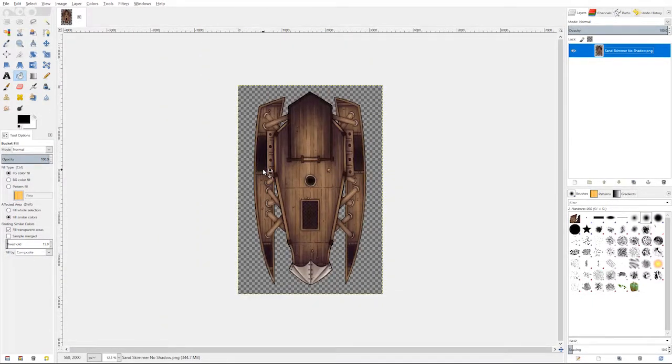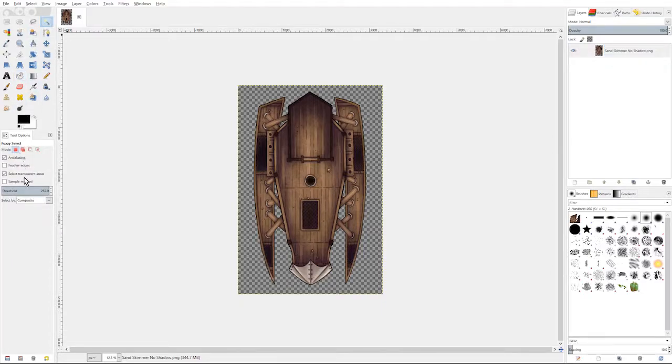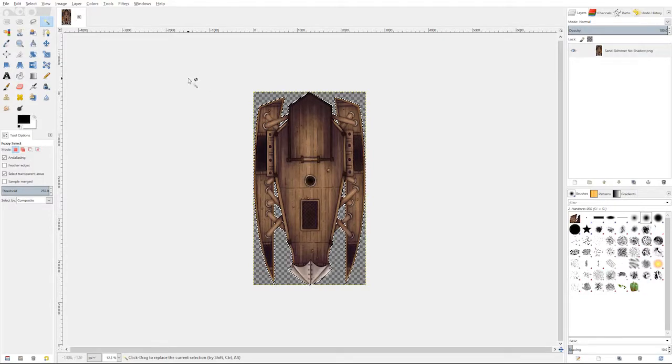So now that that is done, let's go to the fuzzy select tool up here. Make sure our threshold's cranked all the way up so it selects everything. And then we're going to go to image and crop to selection. Tighten it up a little bit and then export. This is going to be called the sand skimmer. It is taking a super long time to export this image, and there's no way that